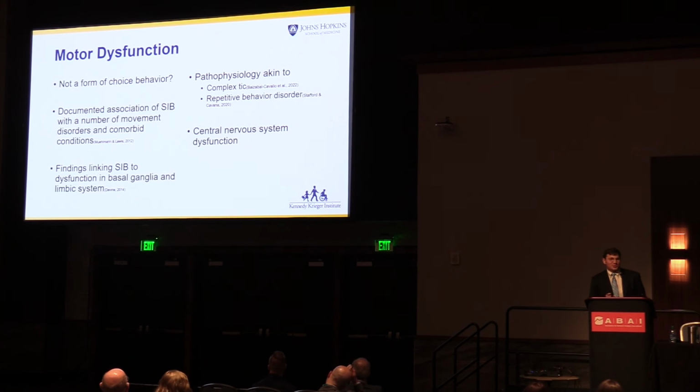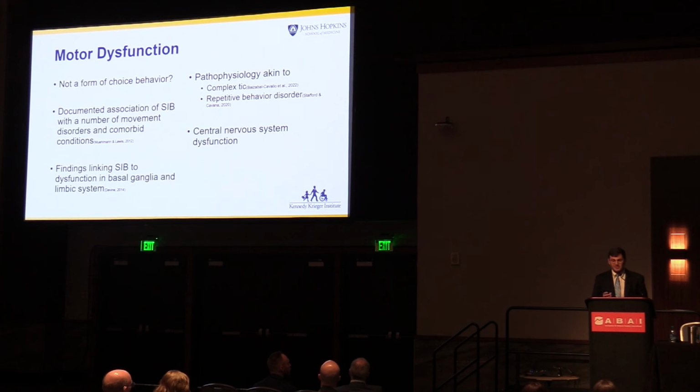So whereas the first two hypotheses I just discussed, the differences in the magnitude of reinforcement associated with SIB or differences in the degree of sensitivity to changes in the environment, point to a difference of degree and not kind as underlying these subtypes, there's another idea here: maybe subtype 2 SIB is just qualitatively different. It's a difference of kind, not degree. Maybe it's not an instrumental behavior at all. Maybe it's not a form of choice behavior at all. It may be more like